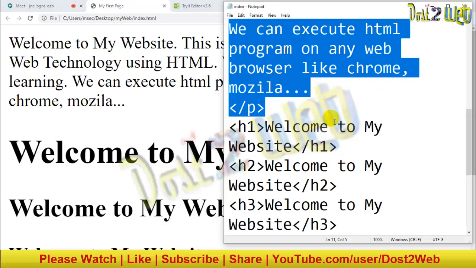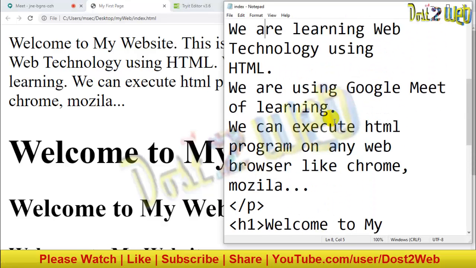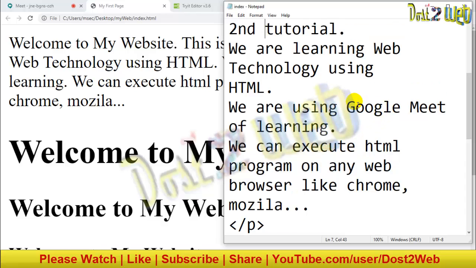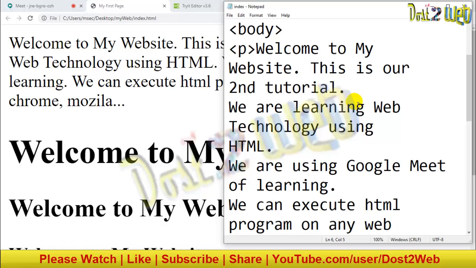So what I'll do is come to your code, that is your notepad. Now I'll use it after the second line. I'll use the BR tag. Even you can use this one also, no problem. You can write only BR, both will work. So I'm writing BR, break. Save the program. I'll use one break here, and one break here also, two places. Wherever you want, you can write the break.